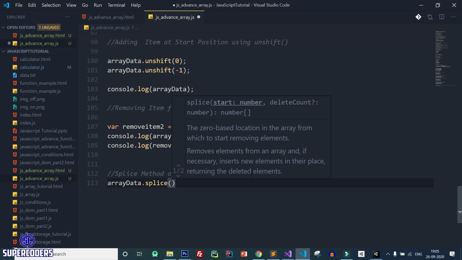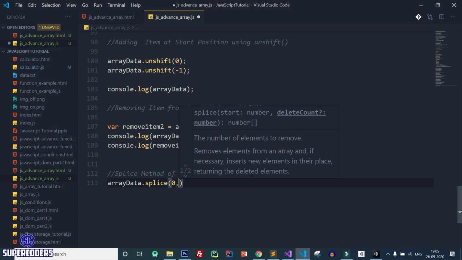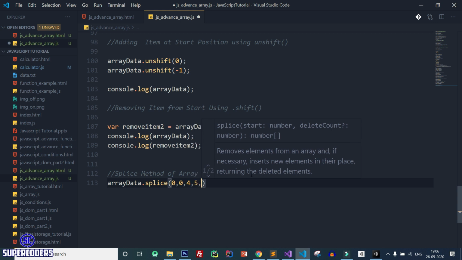So the start number is starting 0 position, then delete count. I am not going to delete any number. Then we need to pass the data which you want to insert in array data. So here I want to add some more data like 4, 5, 6, 7, 89.